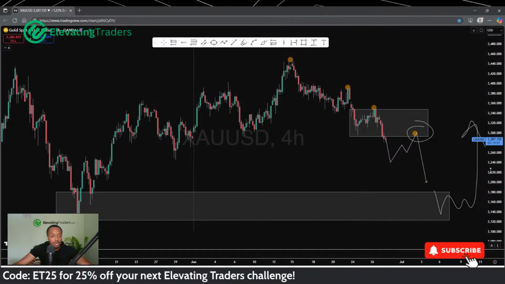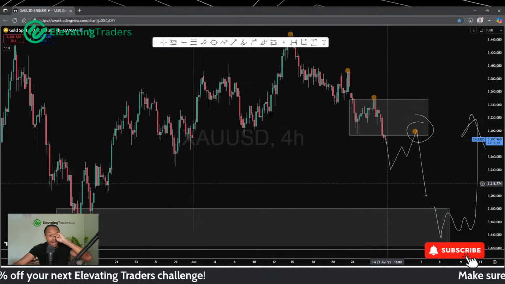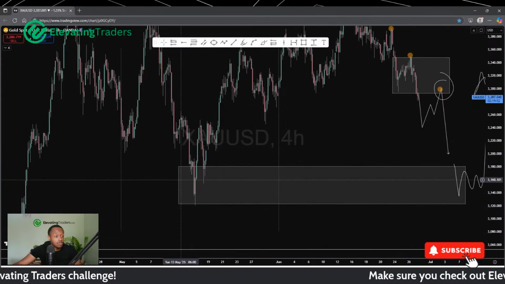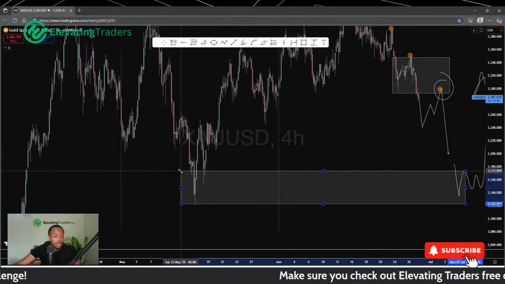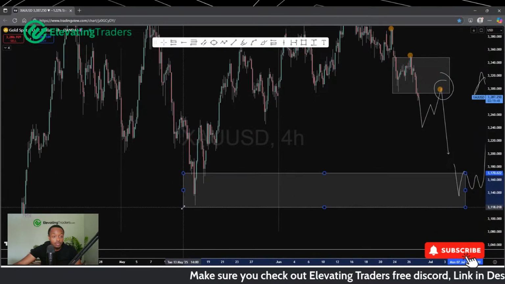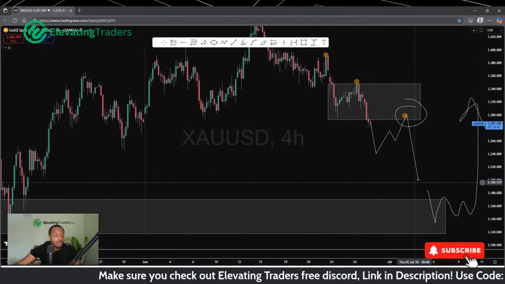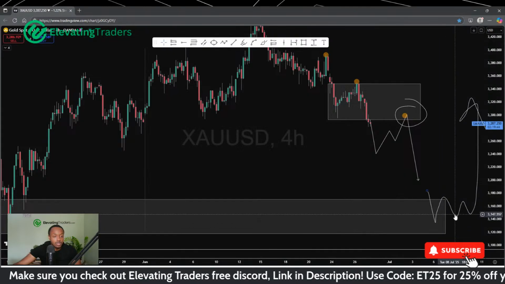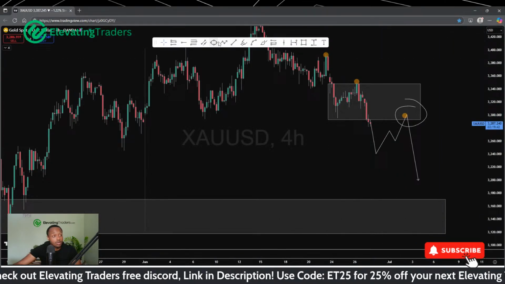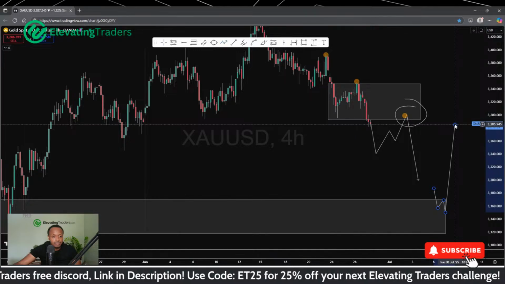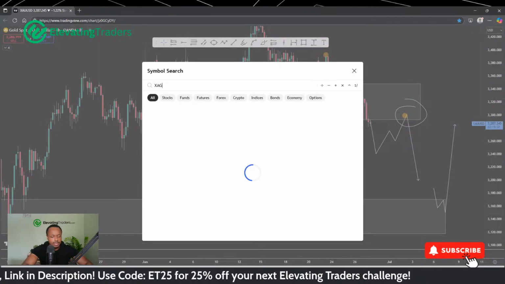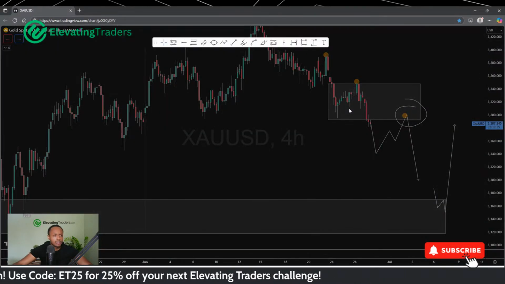If we can see a strong break of that, then yes, a lower high looks likely to me. And I would be betting on a pushback down into this zone here, 31.50 more or less. And then maybe we can speak about some longs afterwards. But silver, gold, sorry, not looking too good. Silver not looking too good either, for that matter. Both are looking quite bearish.